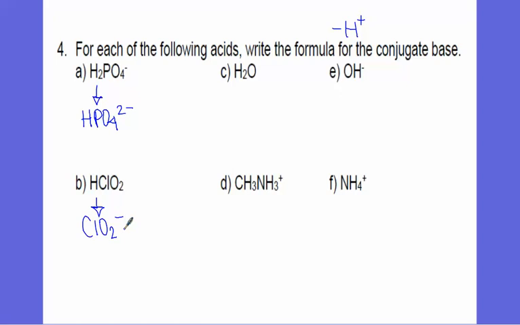Got it? All right, what about for C? What would be its conjugate base? OH minus. Now, for D. The hydrogens that are attached to the carbon are not acidic. So these hydrogens here are not my acidic hydrogens. What that means is, let's think back to some stuff that we learned in first year chemistry, whenever you took that. The carbon